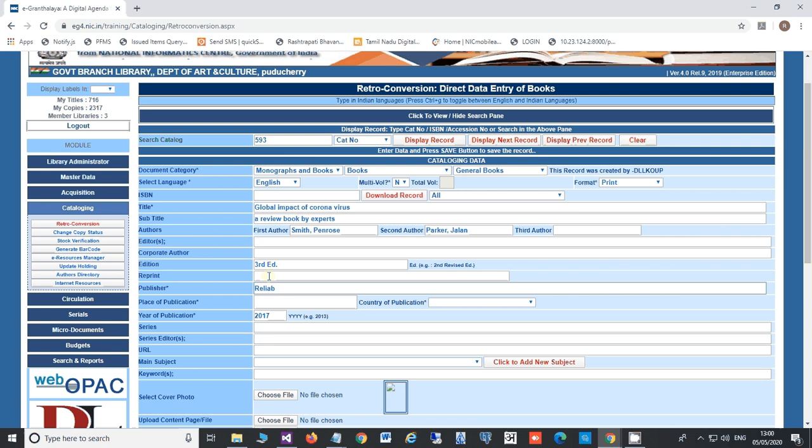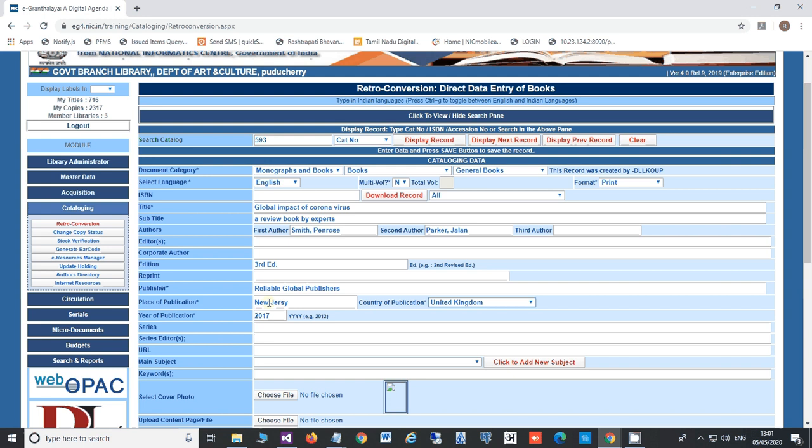Reliable Global Publishers. Whatever name is printed on the book, you should take it. Place of publication, New Jersey.